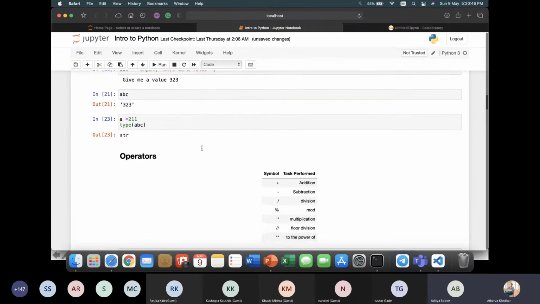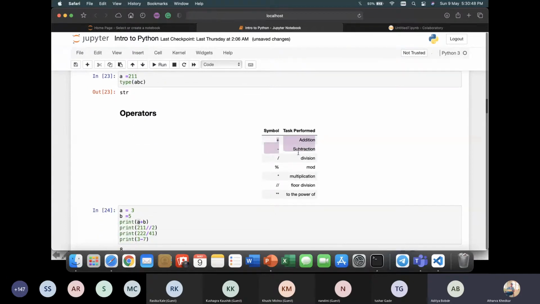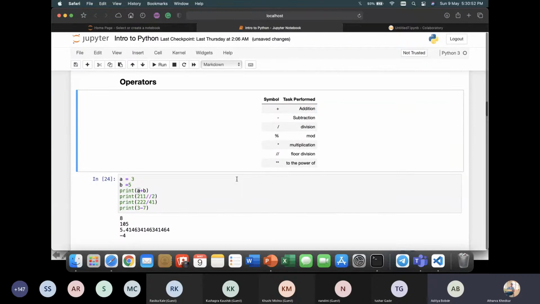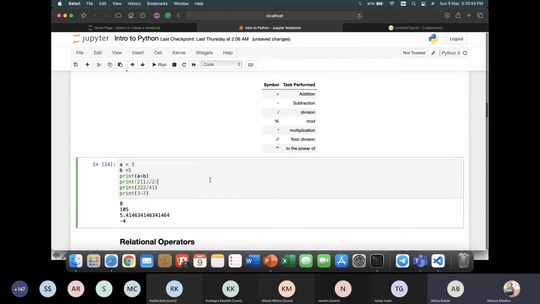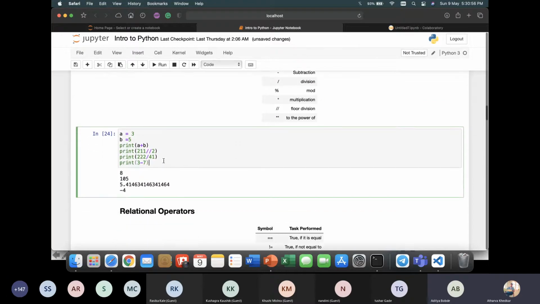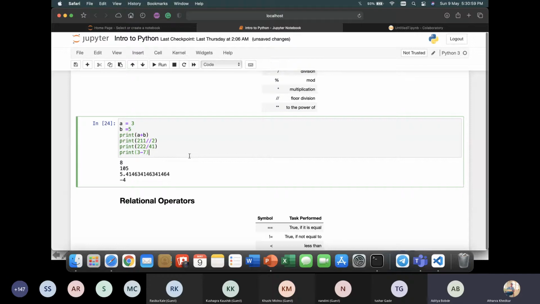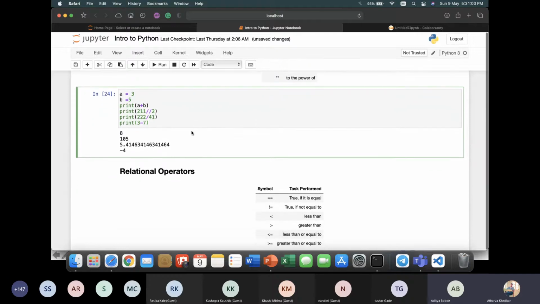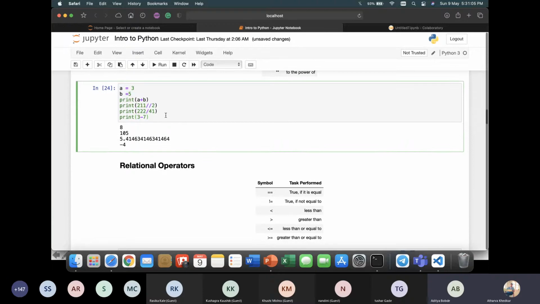So once you have worked with Python, here are some of the operations you can perform in any programming language. Of course, Python is much easier than C, because in just single lines of code, you can do things which can't be done in C or C++ in, let's say, 2 to 3 lines of code.